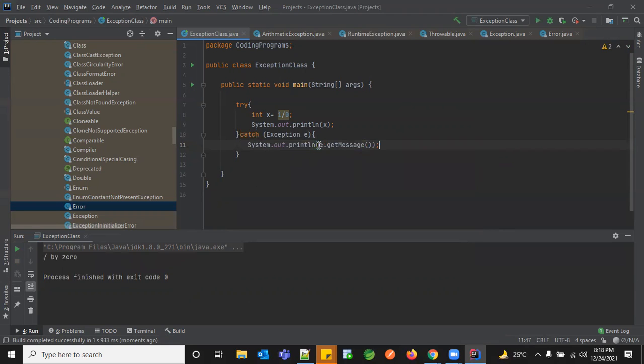So what happened? You got a message stating the exception is because of division by 0. Okay, you just got a message. If I need to understand in which line that error happened, is it on line number 8 or line number 9? What is the actual place you got this error? Because when you write like 100 lines of code, you never know where your error actually got triggered.